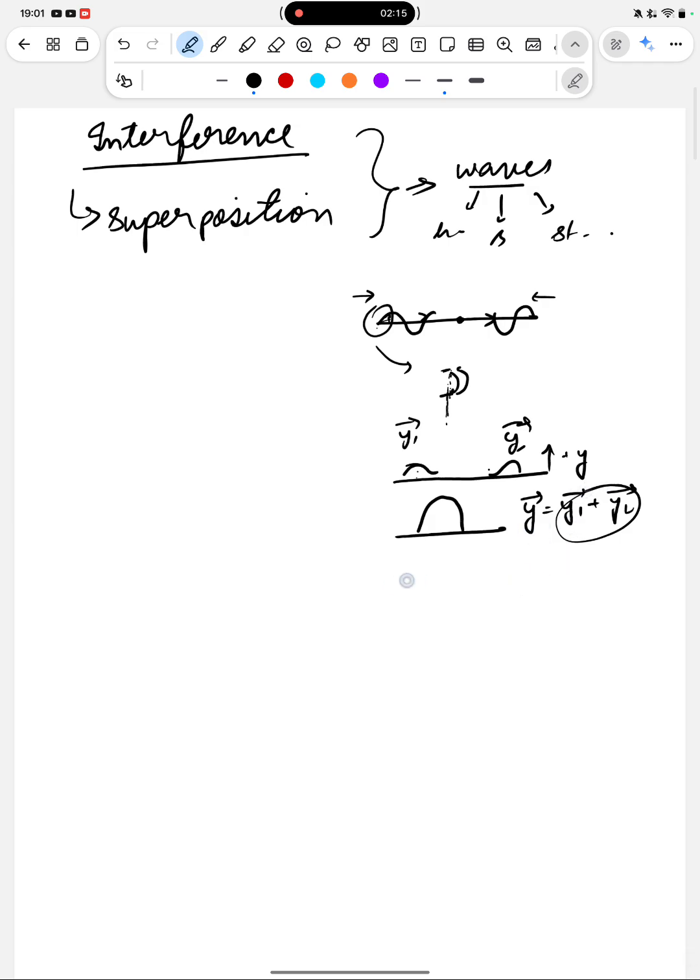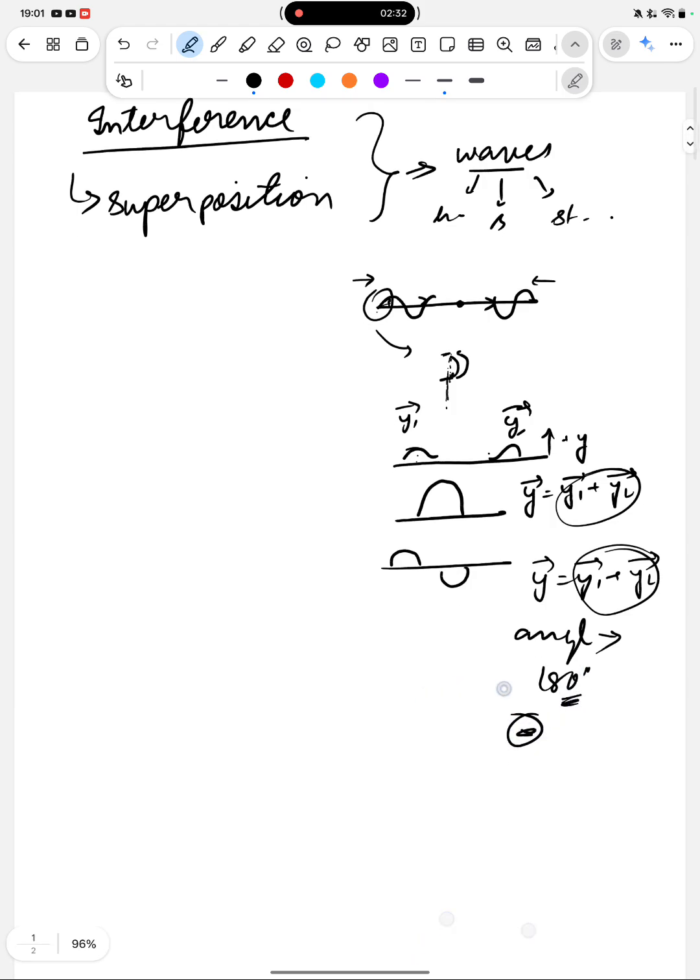But for example, if one wave is on this side, one particle is on this side, then this is also addition, but since the angle is different, the angle is 180 degrees, so a negative sign comes, just like cos